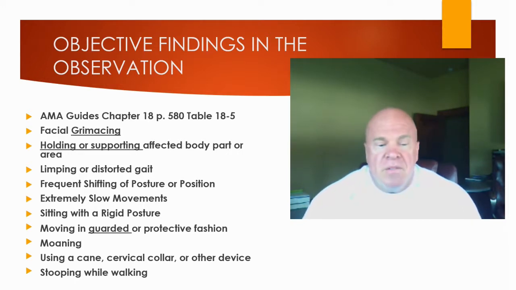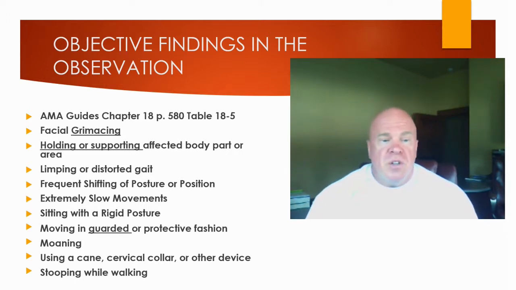Okay? Finally, what about the pain behavior of stooping while walking? What type of an injury do you think could cause stooping while walking? Well, I don't know about you, but the first thing that comes to my mind would be a lumbar spine injury that causes a flexion antalgia and prevents the examinee from standing straight up into full lumbar spine erect posture. And so typically we would associate stooping with walking with a lumbar spine injury. In other words, we would not expect to see stooping while walking with an upper extremity injury.